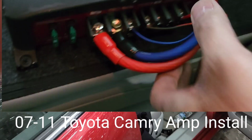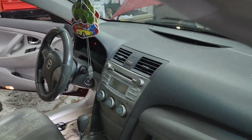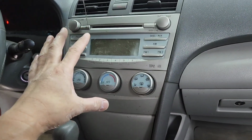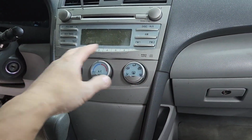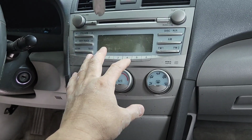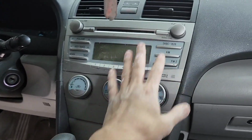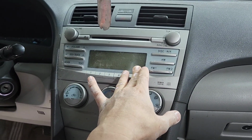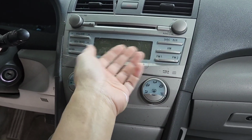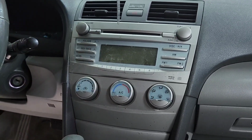Okay guys, I got a 2008 Toyota Camry. What I'm going to be installing today is an amplifier. Usually I don't start from here to do a line out converter, but he was planning to install an aftermarket radio later on, so might as well run the jacks over here right now, the RCA jacks and everything, so that way I don't have to take the radio